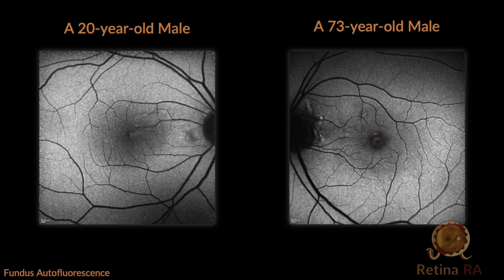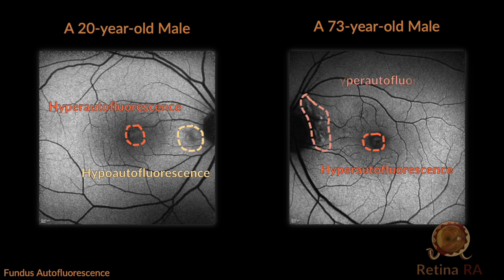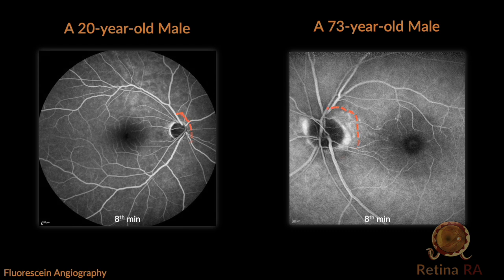Autofluorescence images don't provide significant information. Slight hyperautofluorescence appears at fovea in both patients. In Case 1, there is a small area of hyperautofluorescence adjacent to the optic disc due to the shadowing effect of the subretinal fluid. There are some peripapillary autofluorescence changes also in Case 2. Fluorescein angiography shows peripapillary atrophy without cystoid macular edema or choroidal neovascularization in both patients.